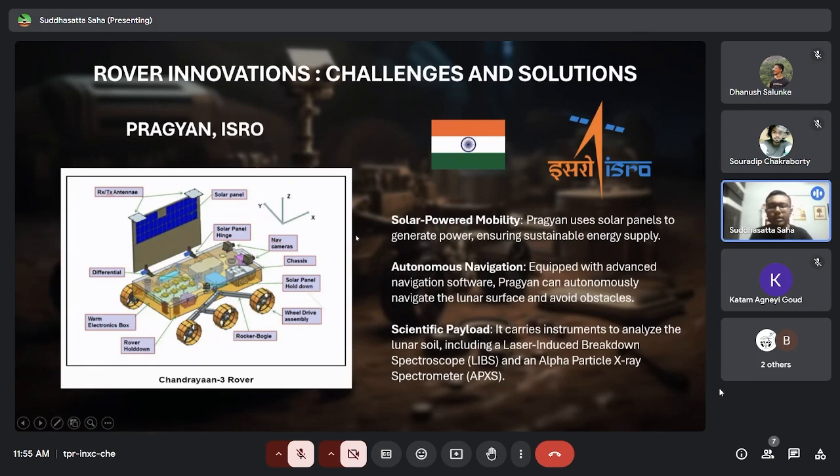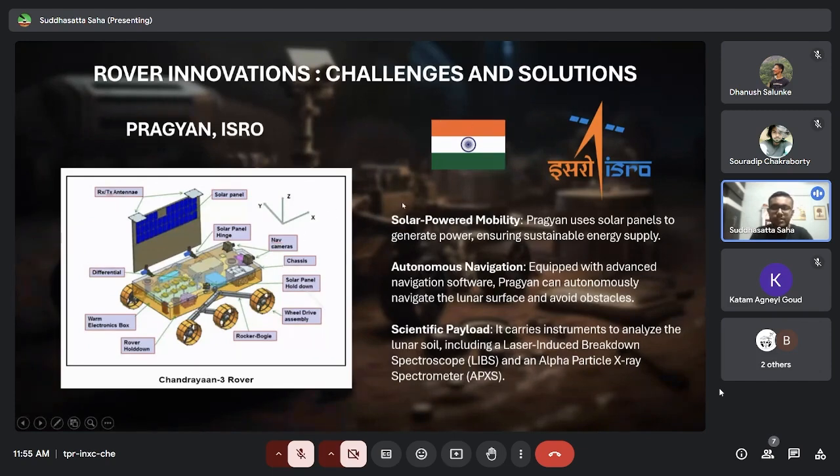So now what are the merits of this Pragyan, the features of this? It is basically solar powered, something which is used in space operations of this type. And that makes it a sustainable energy supply also. So Pragyan is also having autonomous navigation for